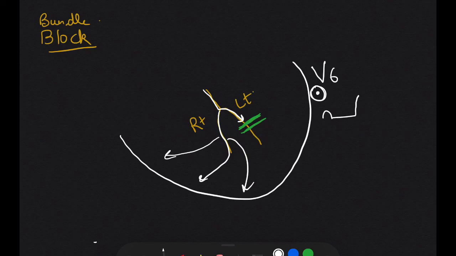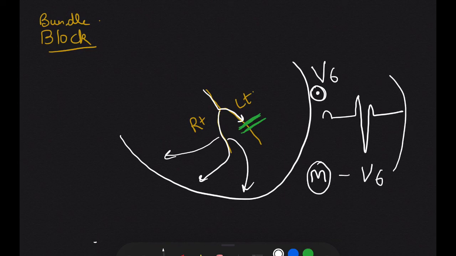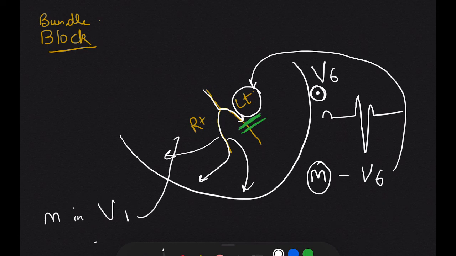Now we'll get a negative deflection because of the depolarization of the right side. Once the right side depolarizes, again the remaining portion of the left will depolarize because the impulse has come from the right to the left. So we'll get another positive deflection. So this wave, again an M wave in V6, symbolizes left bundle branch block.